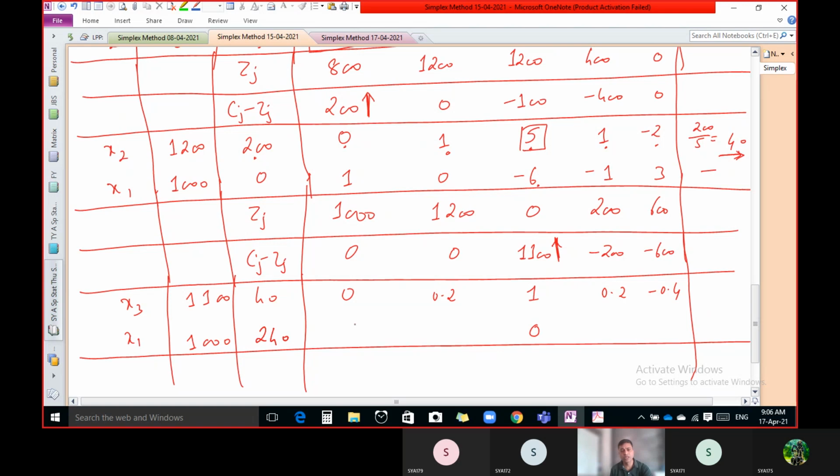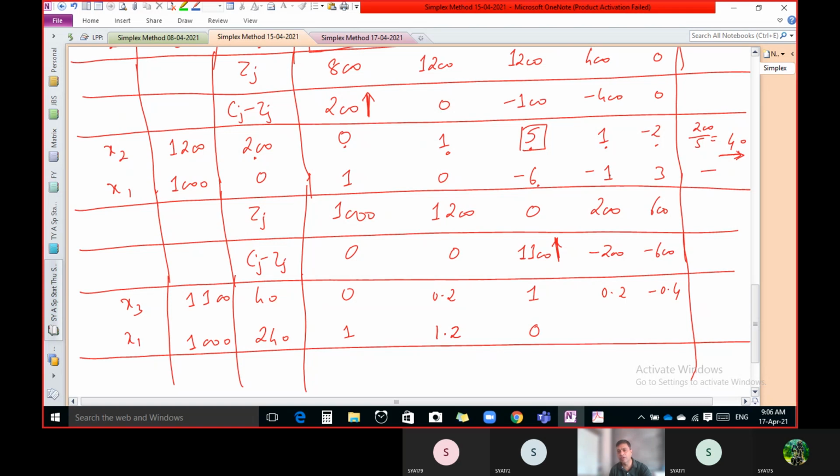Now for this value 1, old value minus the multiplication of this 0 with minus 6. So 0 into minus 6 is 0, and 0 divided by 5 is 0. So 1 minus 0, we get 1 only. So we write 1 here. Now for this 0, we multiply the two values, minus 6 and 1, that is minus 6 divided by 5. We get minus 1.2. But there is a minus sign here, so 0 minus minus 1.2 means 0 plus 1.2. So ultimately we get plus 1.2.